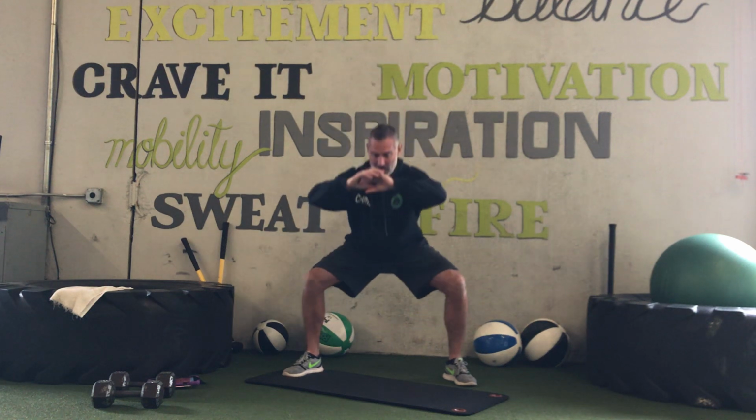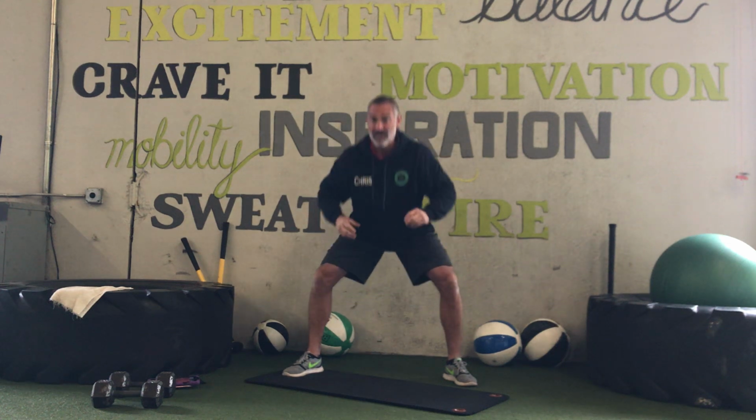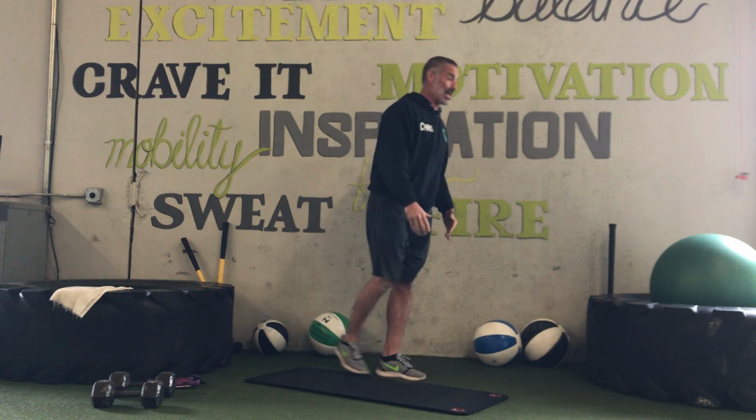10 wide squats. Your feet are wider than your regular squats. We've also said these are flexibility squats. If you can maintain or even increase motion compared to your regular squat, you'll feel a little more lengthening of your hips, your hamstrings, and yes, your quads, of course. 10 wide squats, 10 alternating, balancing, lengthening,